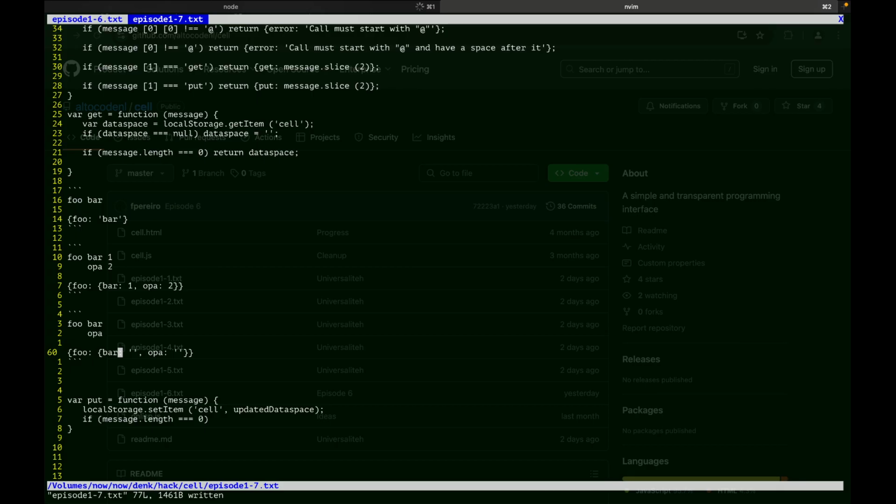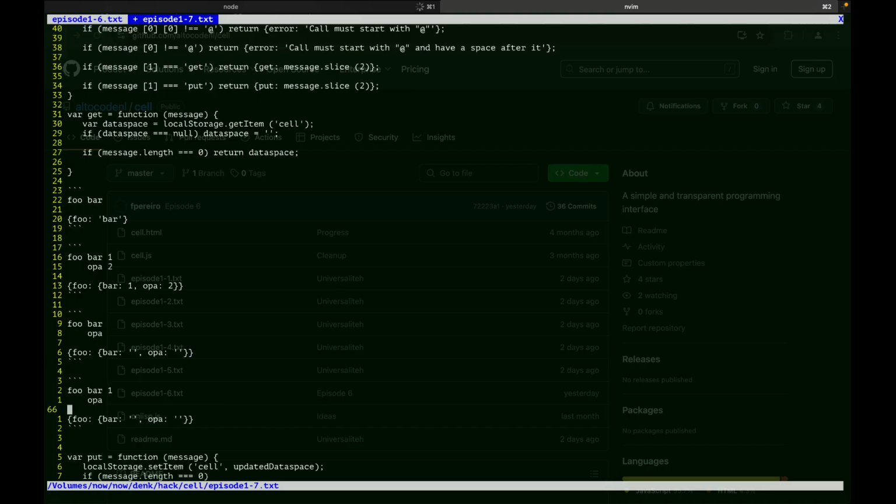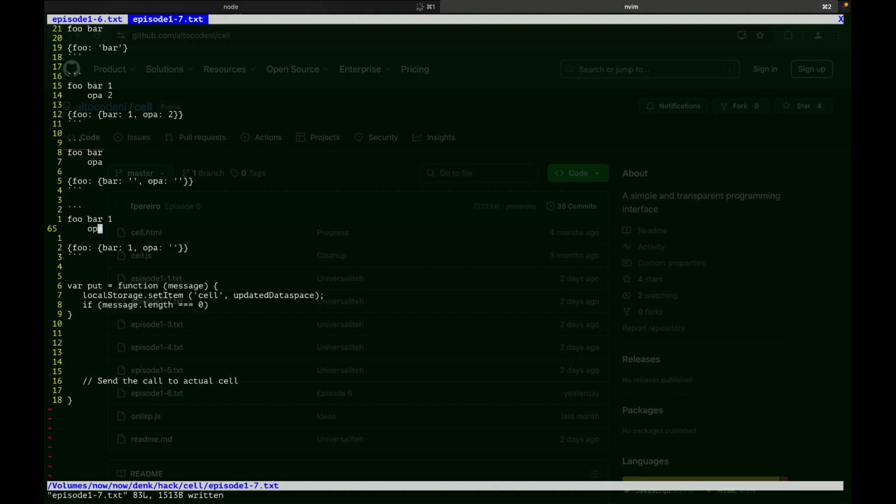Nothing. And if you put, let's say, a 1 here, you get this. This is starting to look interesting. I could work with this, I think.